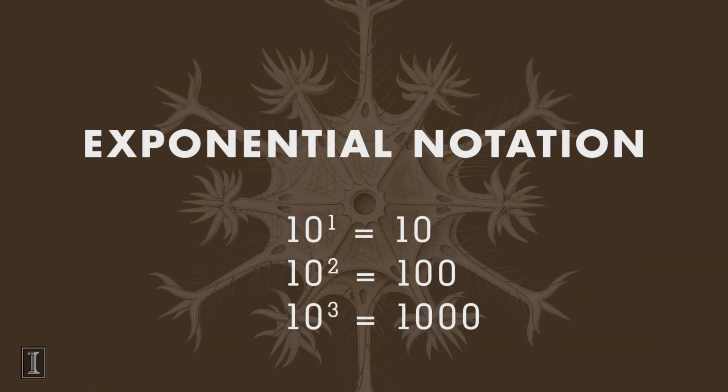So we can say, is something 10 times larger? Is it 100 times larger? Is it 1,000 times larger? And if we go to the concept of something being 10 times larger, then we put that into exponential notation, where we put the number 10 and then make a small exponent that tells us how many zeros come after that 10. Is it 10? Is it 100? Is it 1,000? 10 to the first is 10, 10 to the second is 100, and 10 to the third is 1,000. And by focusing on the exponent, instead of saying out all the zeros in the number,